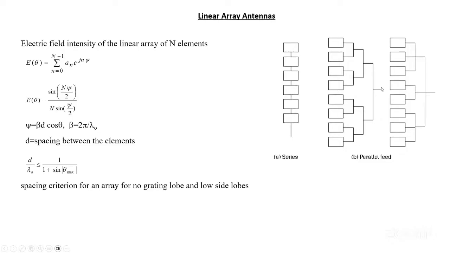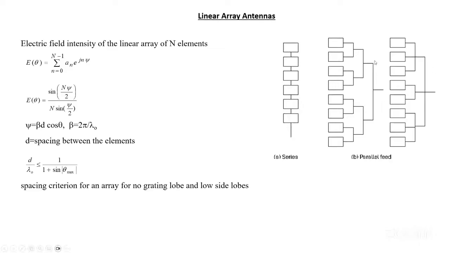Let us assume it as a big water pipe with 100 mm diameter. If you have to divide it into two equal halves, towards the top side and the bottom side, what do you need to do? You need to attach two pipes at the junction. In order to divide it into 50 plus 50, what is the best way? You connect 50 diameter pipes on both sides. You need not use 100. If you use 100 on both sides, it will create an imbalance and the transfer will not be proper. So 50 plus 50.